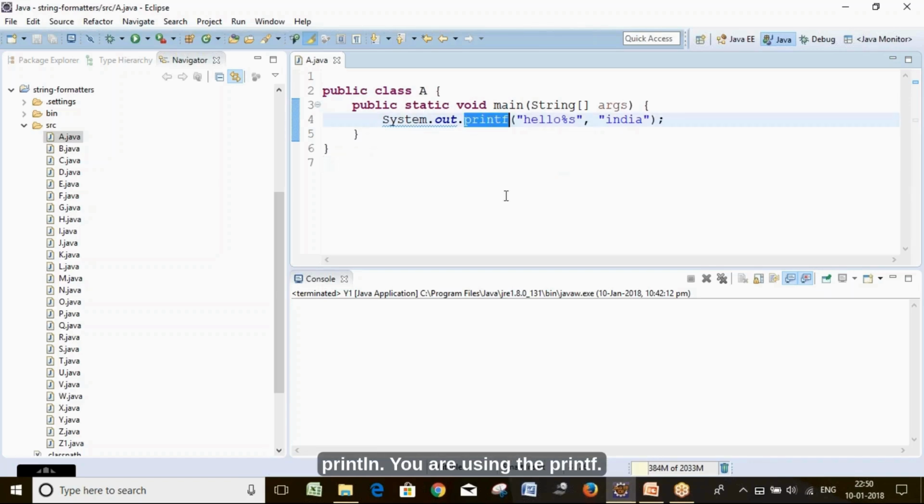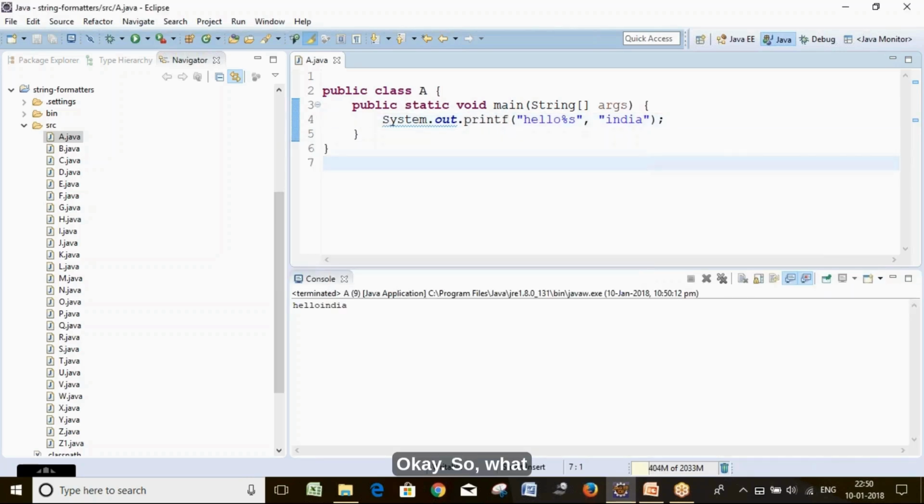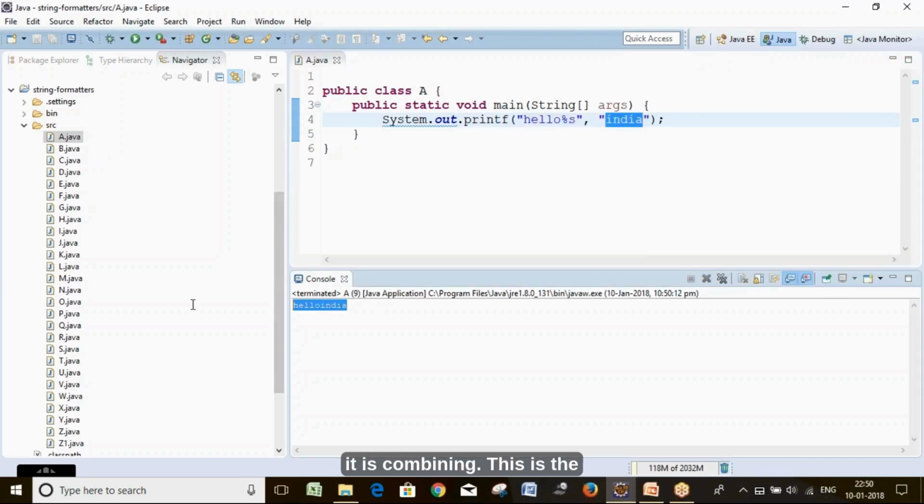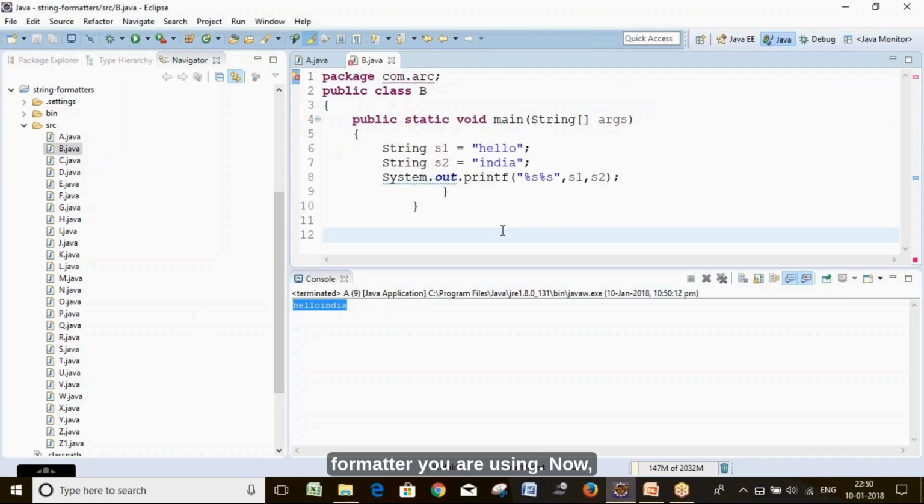You are not using println, you are using printf. So you are getting Hello India. It is combining; these are the formatters you are using.